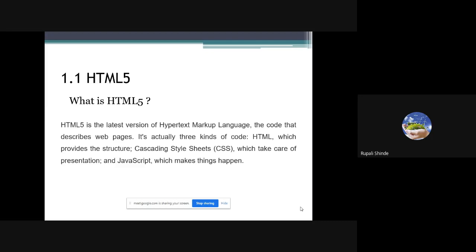By using that, we can improve the presentation of your web page. And JavaScript is used to develop dynamic web pages, instead of just transferring data. With the help of JavaScript and PHP, we can develop dynamic websites.